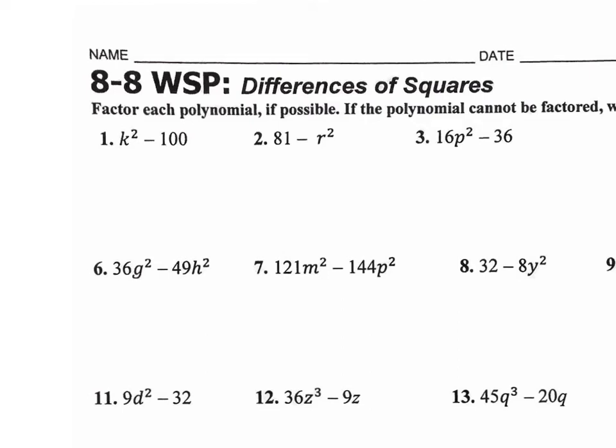So on all of these, you first need to make sure they're in standard form. If you do have a perfect square term in the front and in the back, square root and try to plug it into your answer format. So as you can see on number 1, doing the odd ones only, odds. Okay, so number 1,